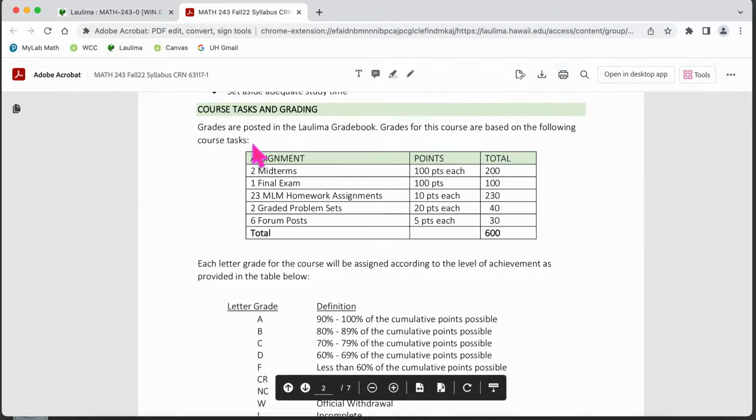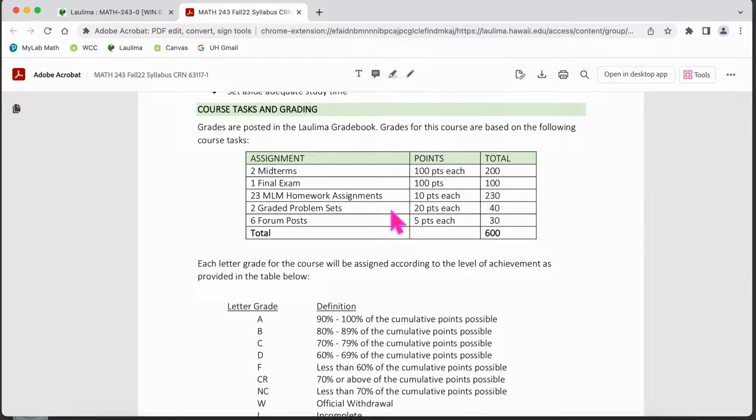And then here in this box we have our rubric for what you're graded on. There's going to be 2 midterms or exams and 1 final exam. You have roughly 23 homework assignments in MyLab, so they're due weekly. 2 graded problem sets, those would be the written problem sets that you turn in.